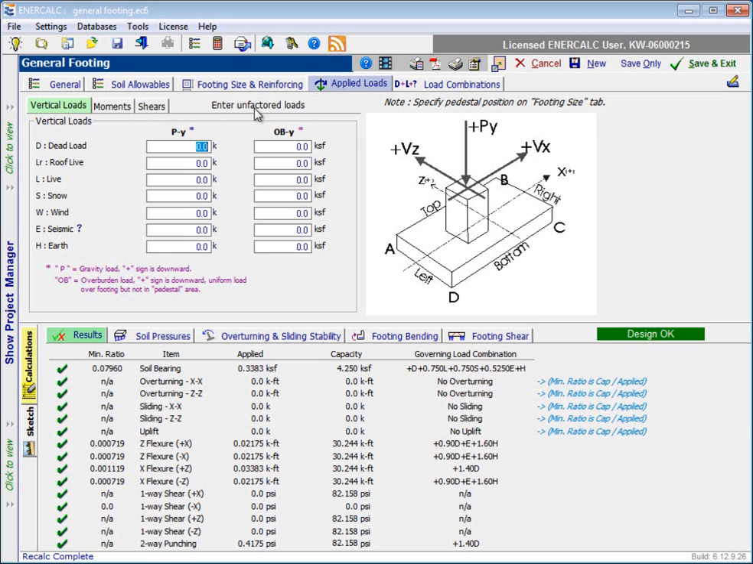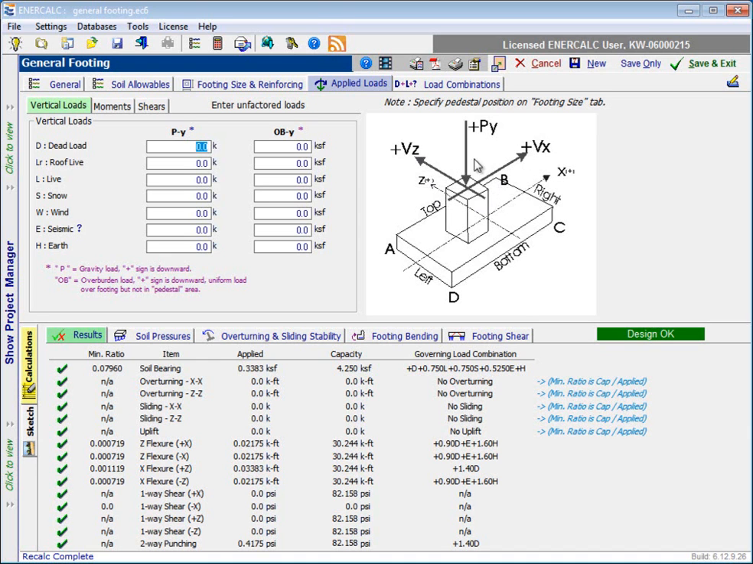Notice that the note reminds us that in these three tabs we're entering unfactored loads, in other words service level loads, because we're going to take care of factoring and combining on the load combinations tab. We have a note that reminds us that we can specify the pedestal position on the footing size and reinforcing tab. And then the graphic reminds us that positive shears will act toward the positive Z or positive X edge